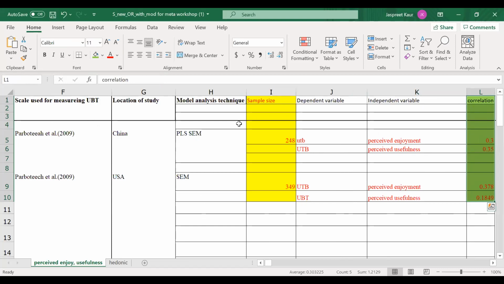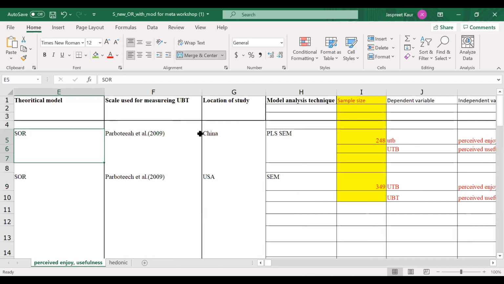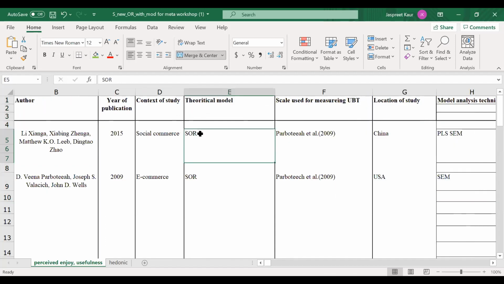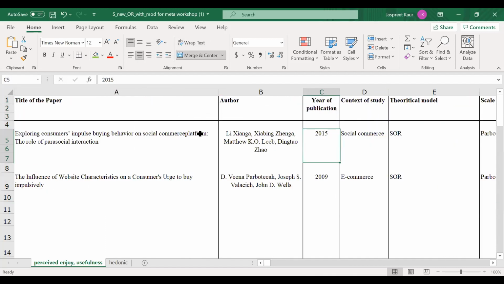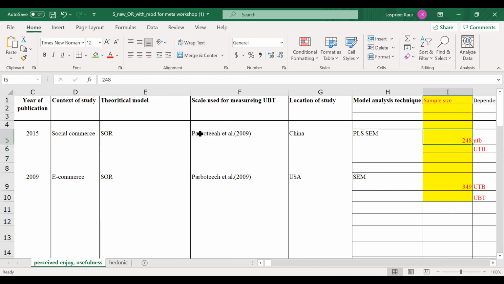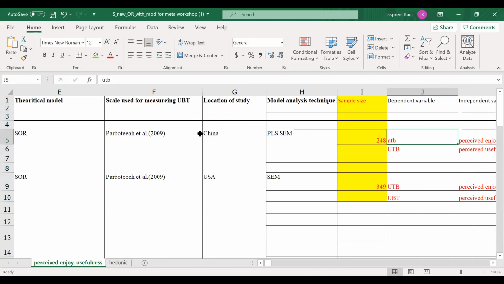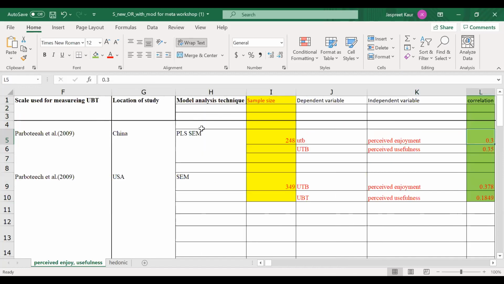But the other columns, model, location, sample size, etc. are also, year is also important. I'll tell you how later on. Tomorrow's session, when I do meta regression, then we'll discuss. But now I have a sample size and I have a correlation value. Now just see the first paper.